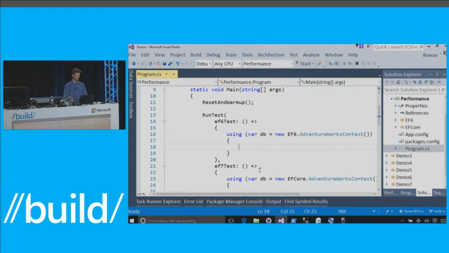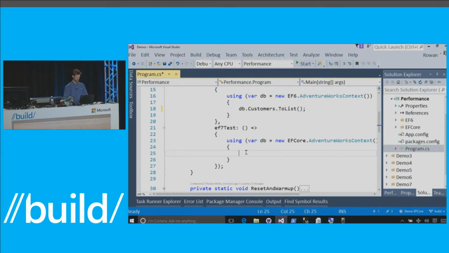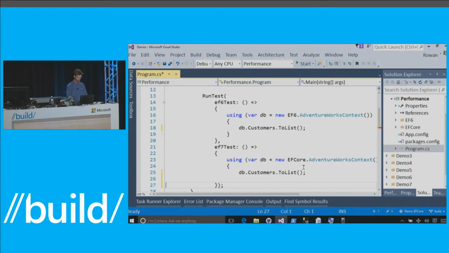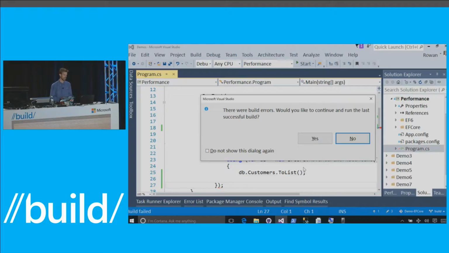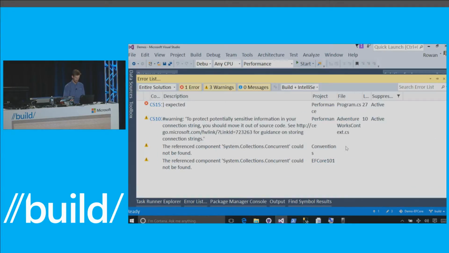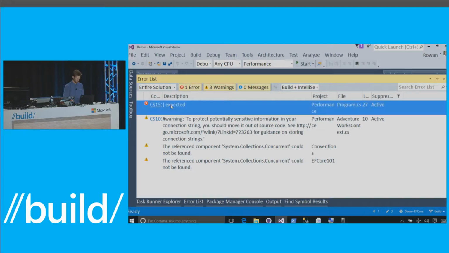OK, so the first scenario we're going to look at is just do a customers ToList on it. We'll run exactly the same code for both EF6 and EF Core, and I'll run it. Now the customers table has about 19,000 rows in it, so it's going to take,